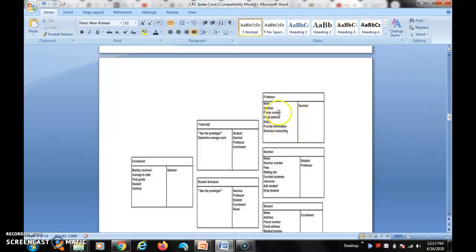So all professors take classes from students, and next one is students: student name, student address, student email ID, and which class they are studying in. Likewise, that is all responsibility. Collaborations means collaborations: the student, in which subject they are studying, like enrollment, for what purpose they enrolled.